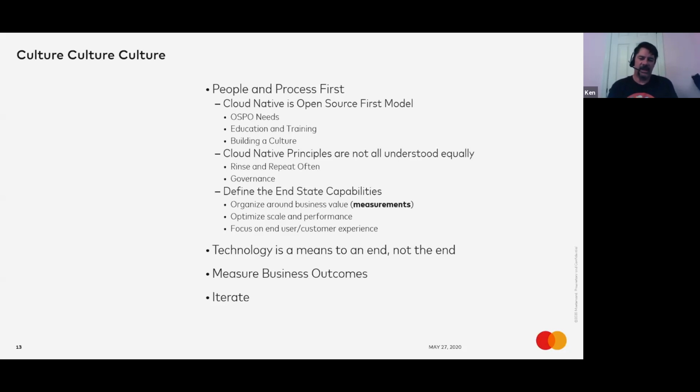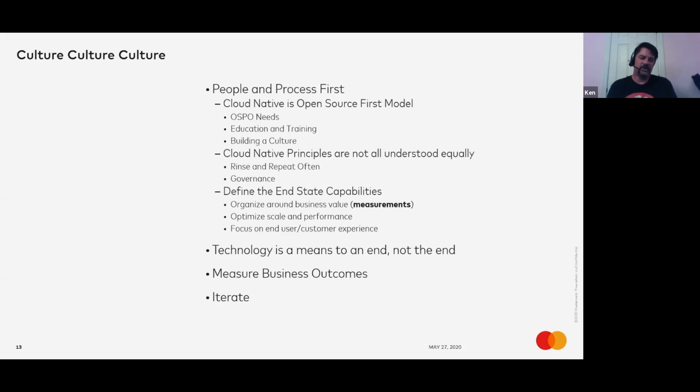And then it's important to have measurements for that business value. Just saying you want to build a core service and it's going to help this business value in this way, but you never measure that, doesn't really help you as an organization. So it's important to organize around your capabilities that are in support of that business value, define the measurements for that business value, and then over time optimize and scale, and optimize your performance around that business value and those measurements.